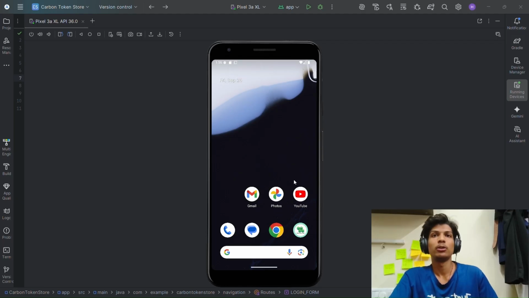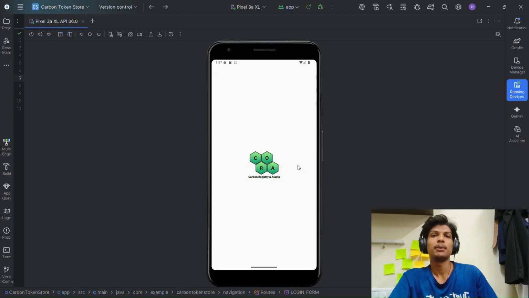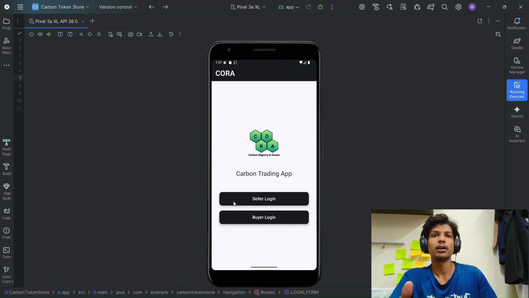So today I will help you all to walk through our app, Carbon Registry and Asset CORA. So here's the app. While the app opens, here's the landing page where the sellers and buyers can log in to their